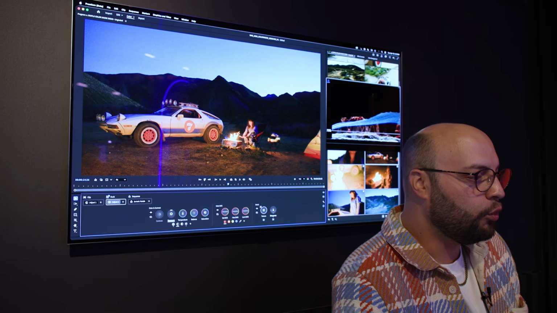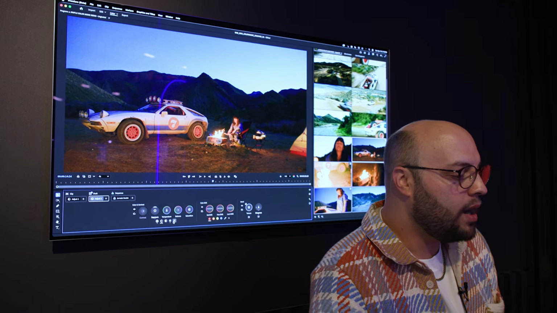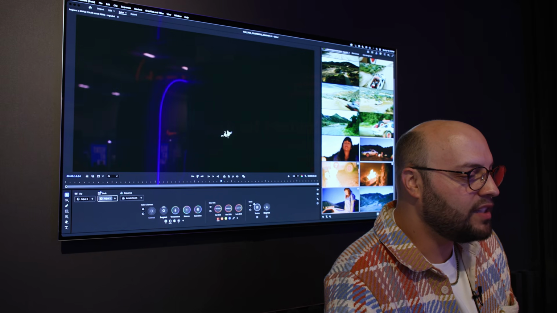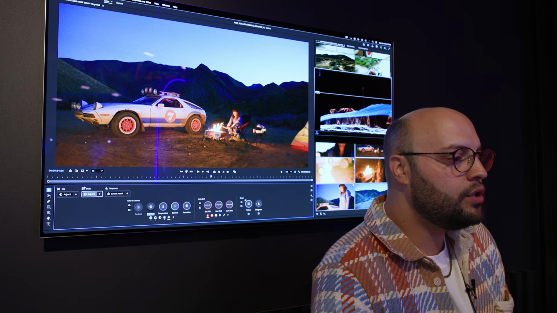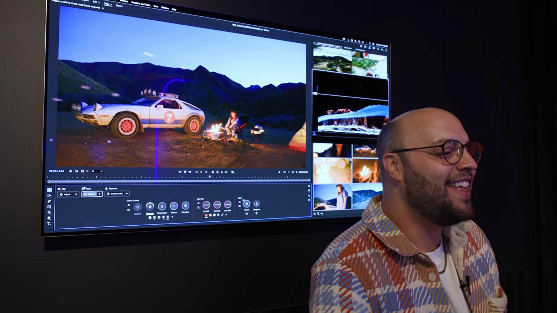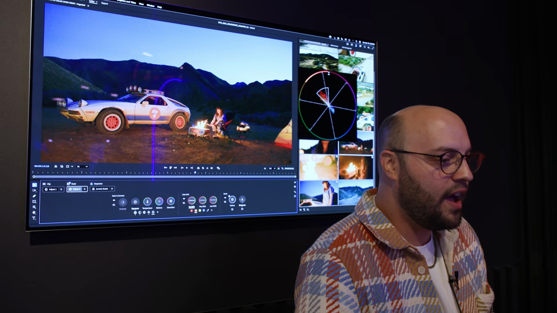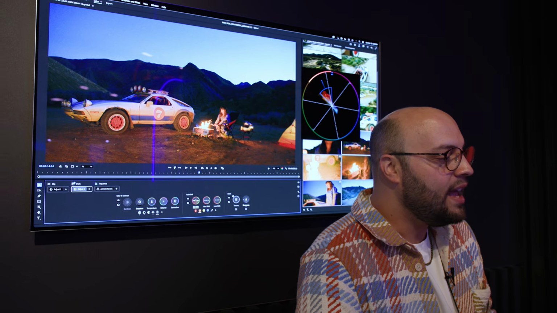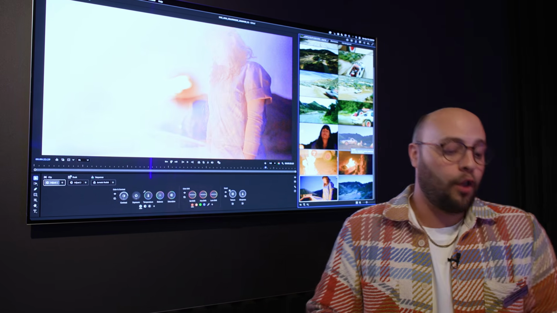Now I'm going to raise the exposure of the shadows just like that. And then I'm going to do one more zone at the tippy top of the highlights. I want to get this fire right here and just bring the fire down just a skosh, just a pinch. There, you see what I'm doing there? There we go. Cool. At the same time, let me go ahead and take the saturation of that fire and bring it up a little bit. As you'll see, everything we just did affected every single clip in this group